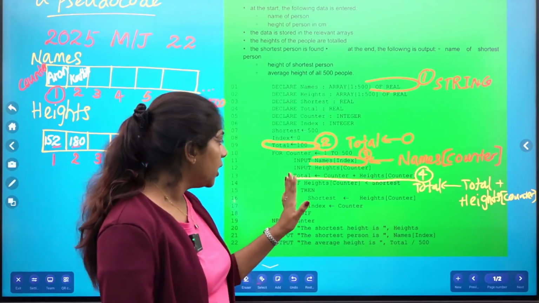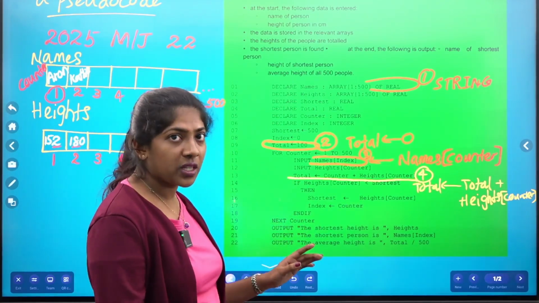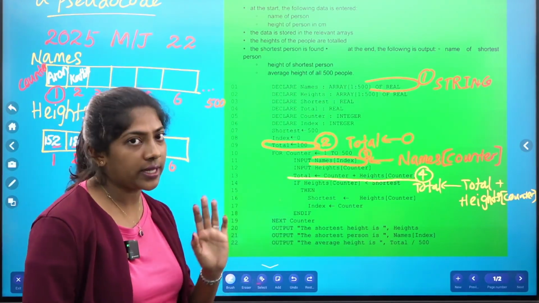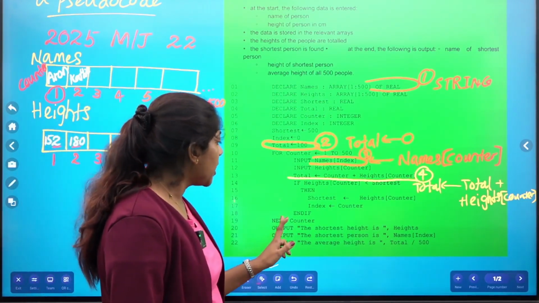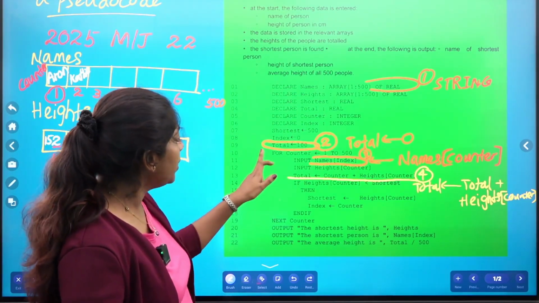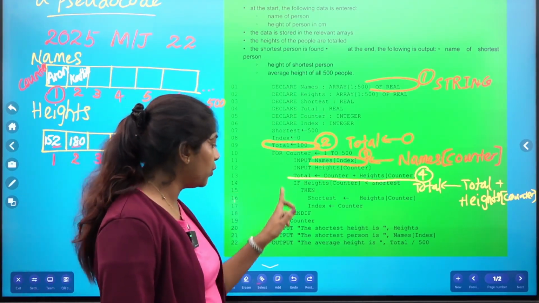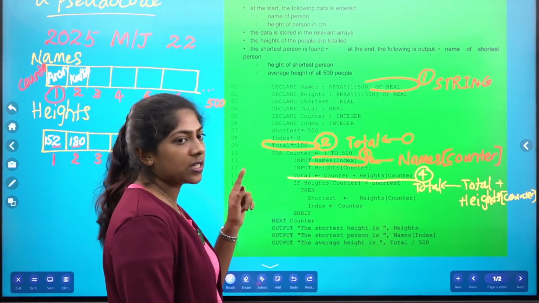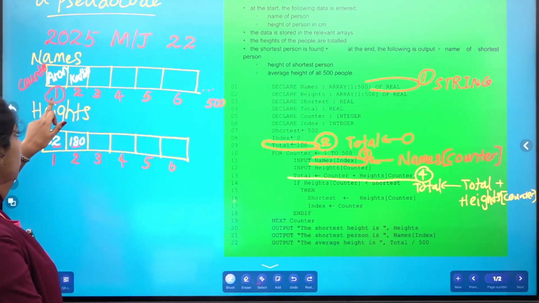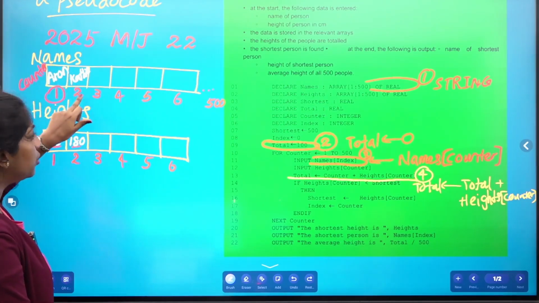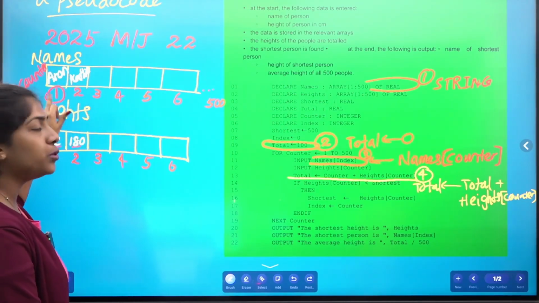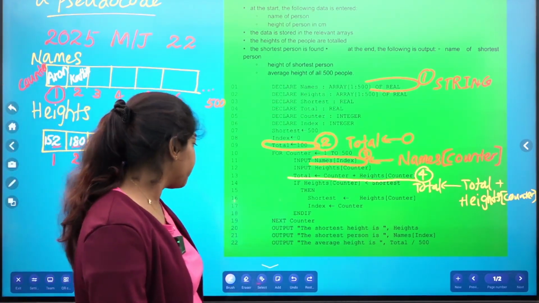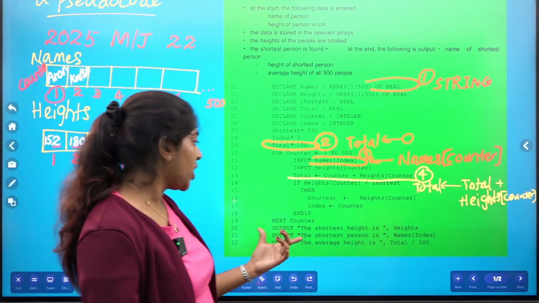Then that if condition is over, so we are ending the if. No error with that line. Next counter means we have started with for. So the for loop is asking you to go to the next counter. If you were in counter 1, now you are asked to go to counter 2. If you are in counter 2, you are asked to go to counter 3. Got it? That is what it means. No error. 20th line. Output the